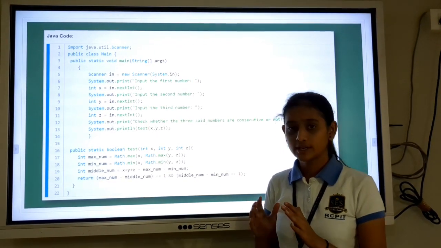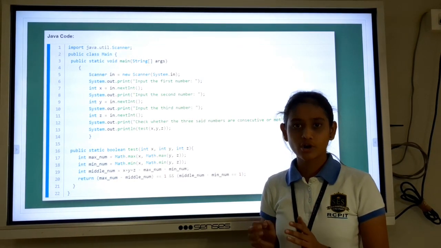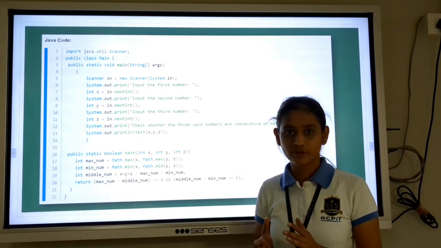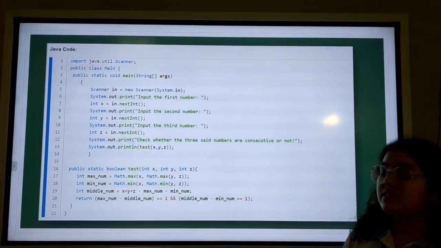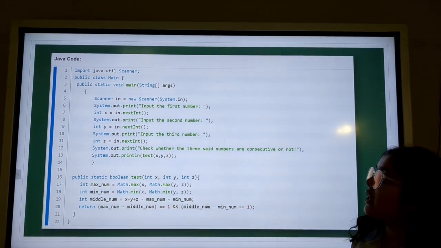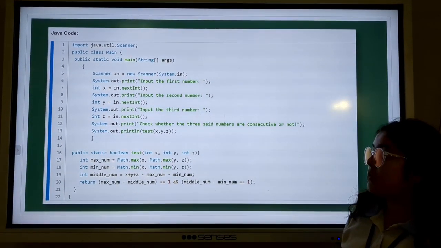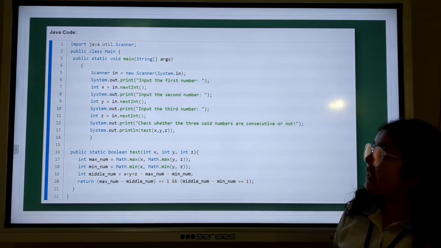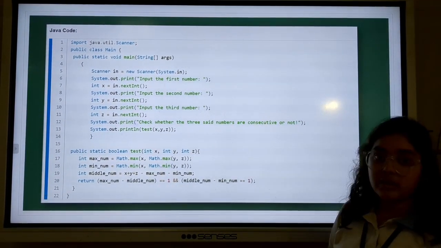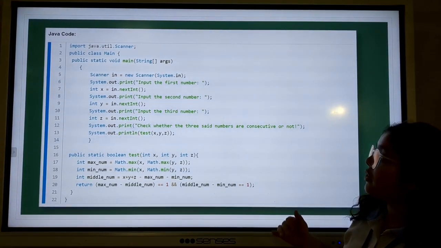After that, we have to create the class. A class is a blueprint of an object which describes the attributes of an object. The execution of the program starts from the main method, and that is public static void main(String[] args). Next, we have created an object using the Scanner class and the new keyword, and System.in is used to take the input from the user.